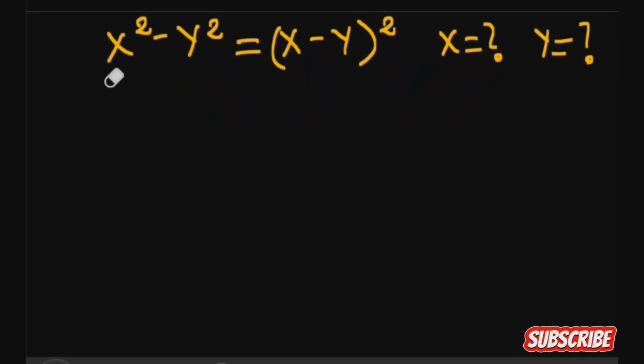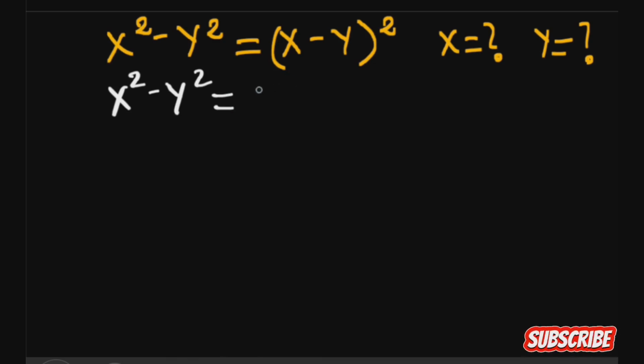Okay guys, today we're going to solve this equation: x squared minus y squared is equal to (x minus y) all squared. We're looking for the value of x and the value of y. Okay, here we go. We have x squared minus y squared is equal to, we're going to use the binomial